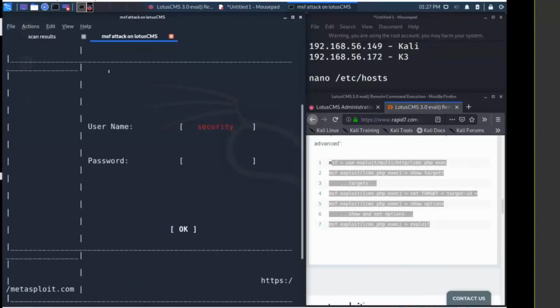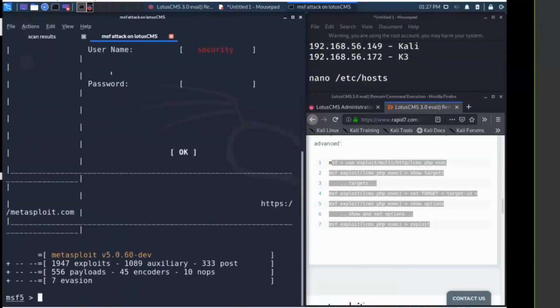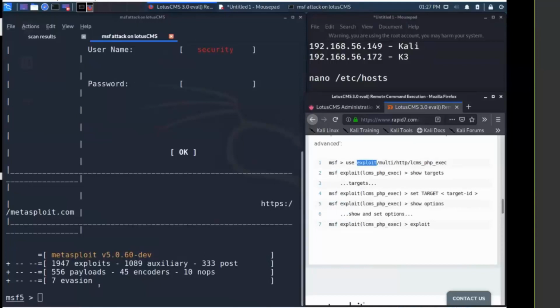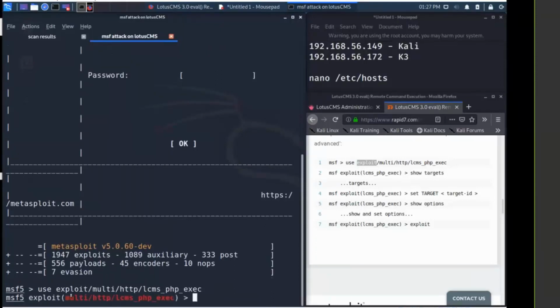You can ignore the ASCII art. As always, it is just there because it's there. We don't need to worry about that. And over here, it tells us what to do. In this case, I will use my tab. I am going to use the exploit multi HTTP, and it is LCMS. And as soon as I hit the tab, it finds the PHP remote execution exploit for the Lotus CMS content management system. When I hit that,